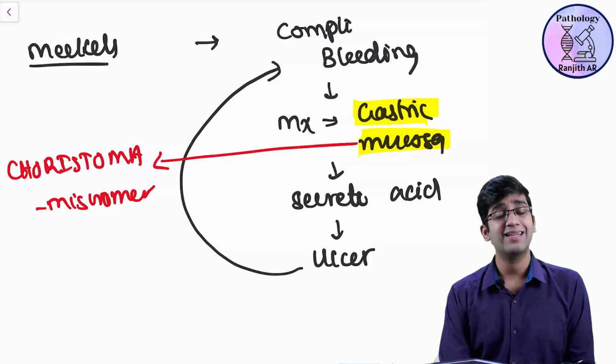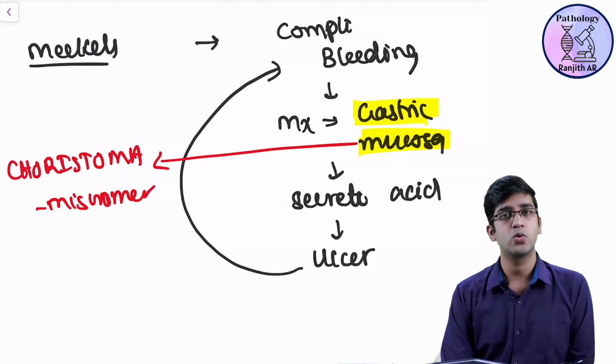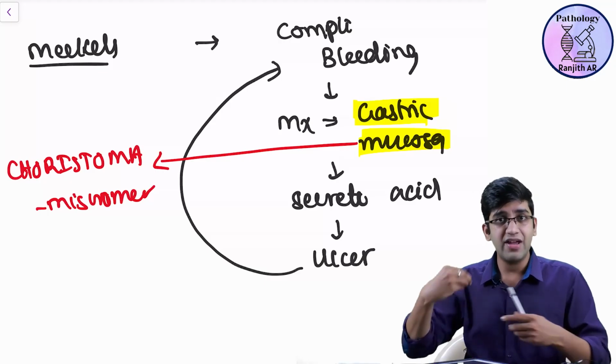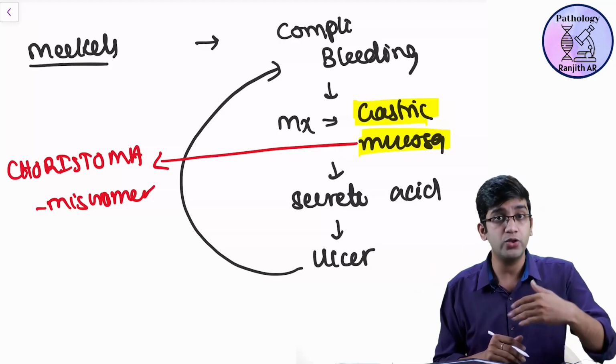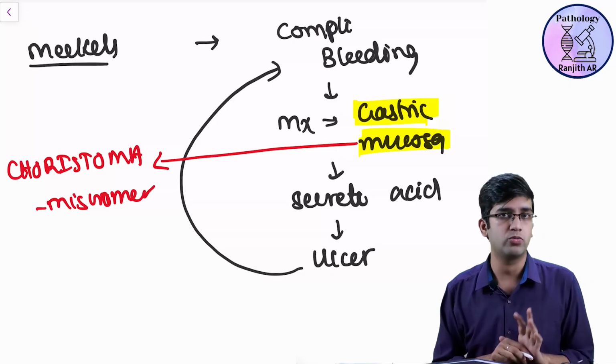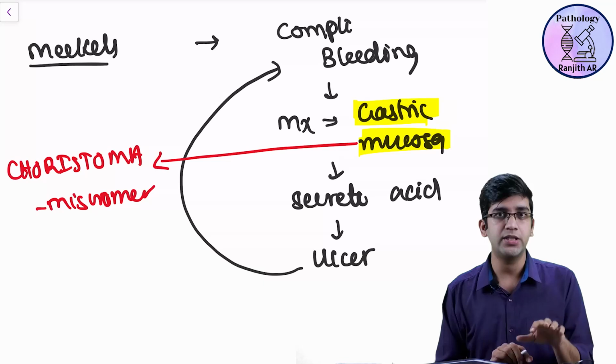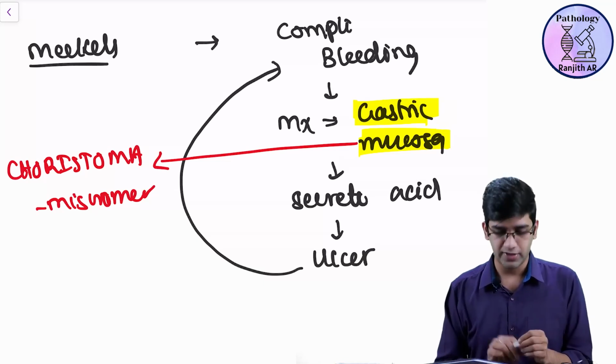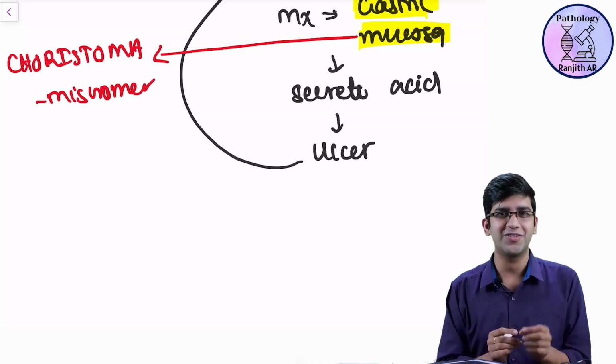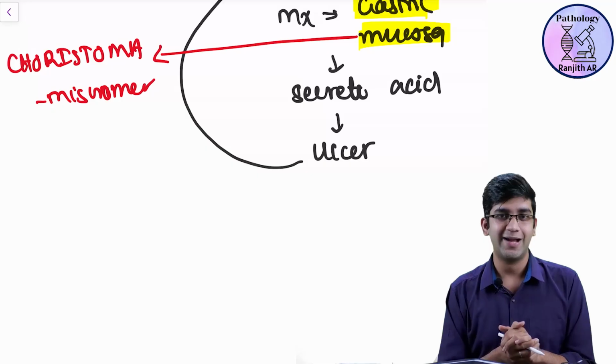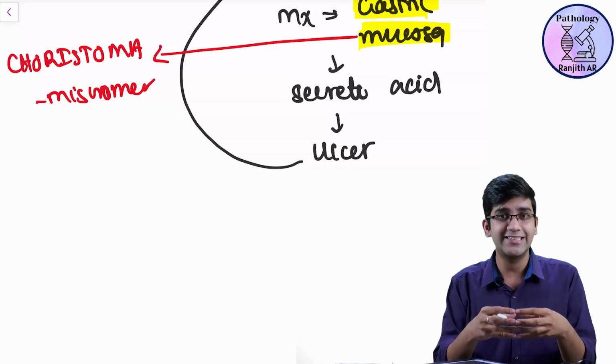Same finding. I can see pancreatic tissue in the esophagus. Choristoma. If something is away from its location, not doing its function, I'm going to call it choristoma. That's all, right? So we're done with the terminologies a little bit, right? We're done just with the terminologies, very basic and very sweet terminologies. Here, I'm going to take you to the next thing here,